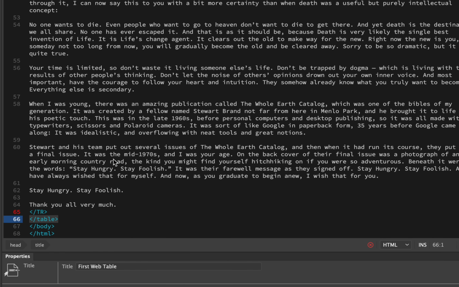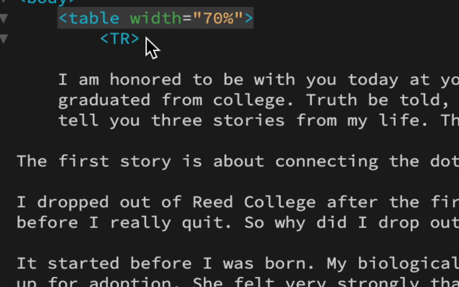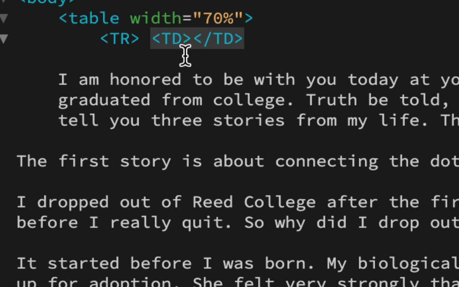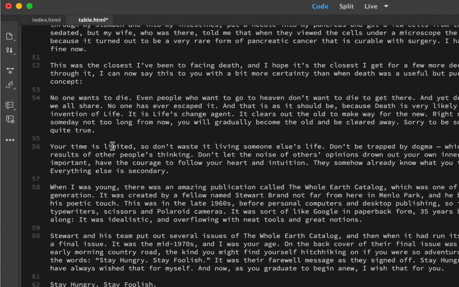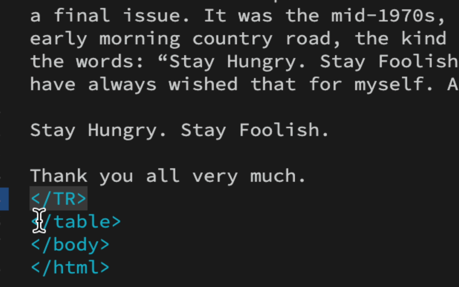All right, now, what's the next code we got to put in? TD, touchdown. I better hear that a lot, footballers. Okay, TD, and then it's going to do the same thing. We're going to cut that part, and we're going to put this other part right above the TR. So you see? Now,